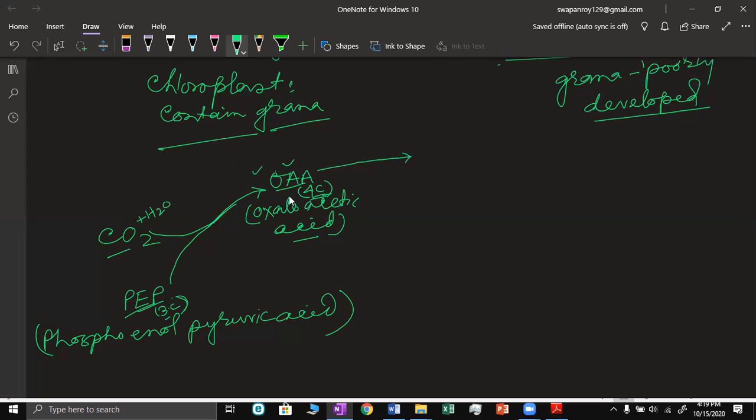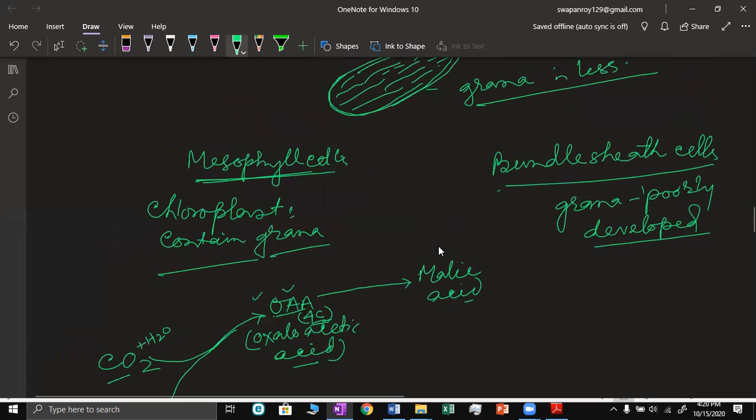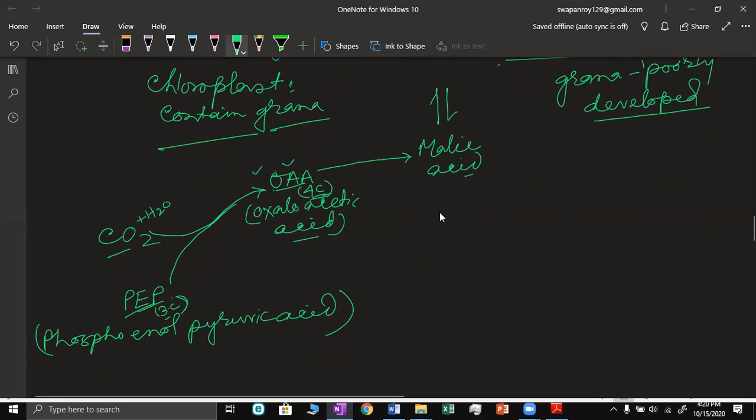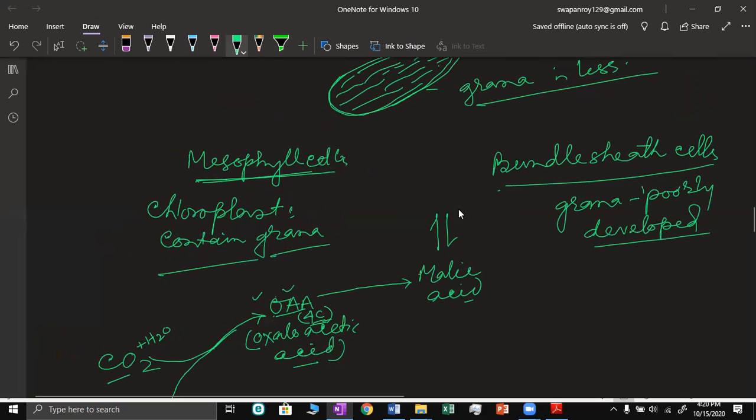This oxaloacetic acid is then converted into malic acid. These are also four carbon compounds. This malic acid may change into another organic or C4 acid. Other C4 acids also form, but this one is the main. This malic acid,